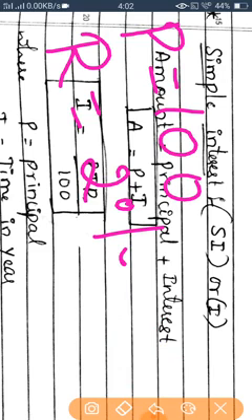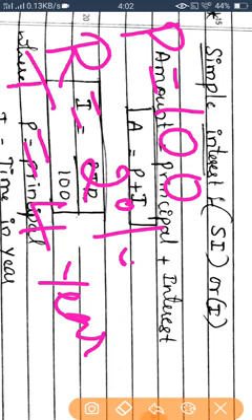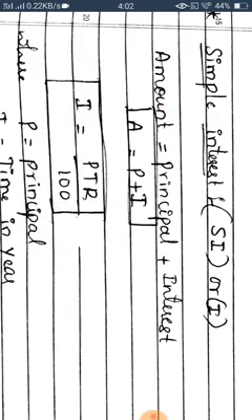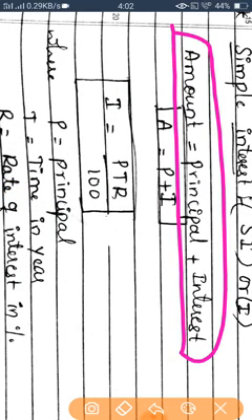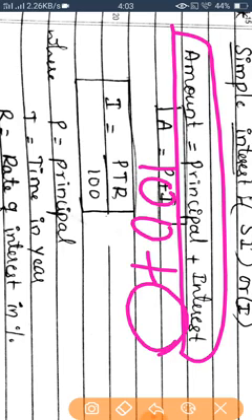That's it. Then till how much? For 1 year, 2 years, 3 years, I'll take 4 years. So that is called the time. If this is the case, after 4 years, how much interest it becomes, or how much total amount I should give them. This is the formula: total amount is nothing but principal plus interest. Principal is 100 rupees, the extra amount is the interest, which we will calculate. So that is the total after 4 years.